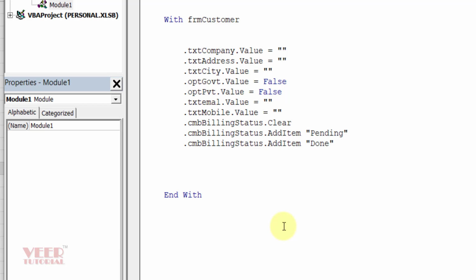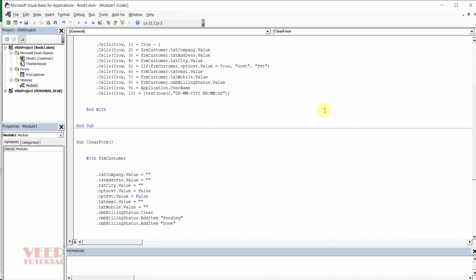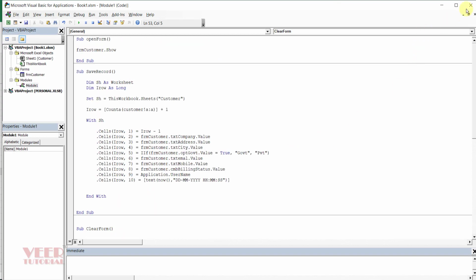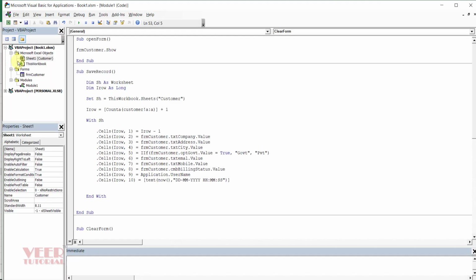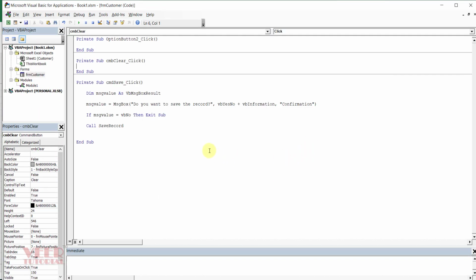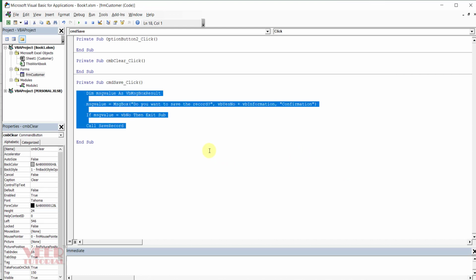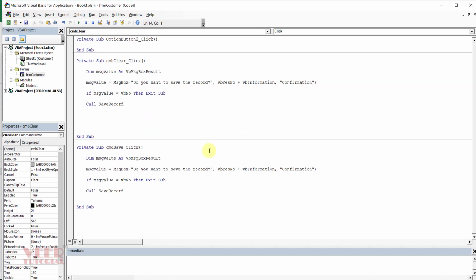That's it. Close this one, and now we will close this one, and here I will come to the form, double click on the clear button, then we will save this one and I will paste over here.